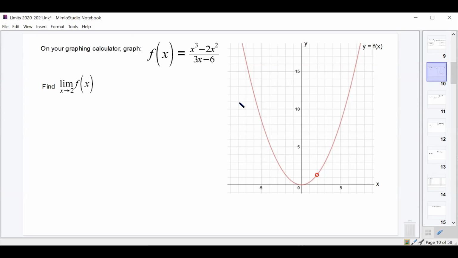All right, so let's take a look at this one. This one we got x cubed minus 2x squared over 3x minus 6. And I've drawn the graph for you here already. So I want you guys to think about what you think the limit as x approaches 2 of this is. So on your own computer or on your graphing calculator, graph this function and zoom in at x equals 2 and see if you can come up with an idea of what that is